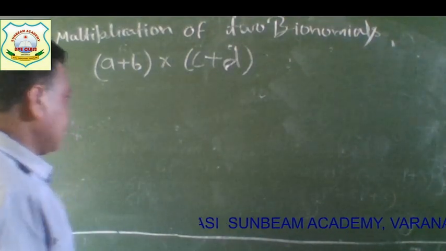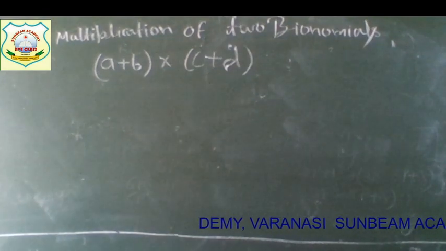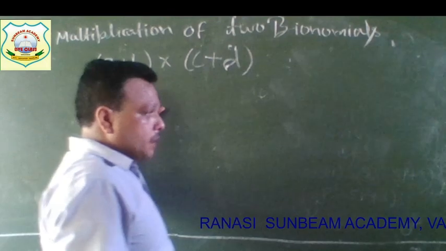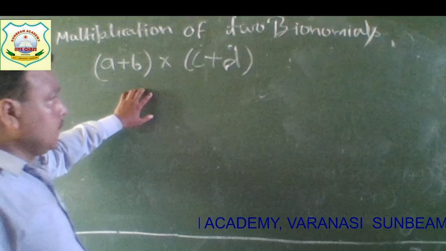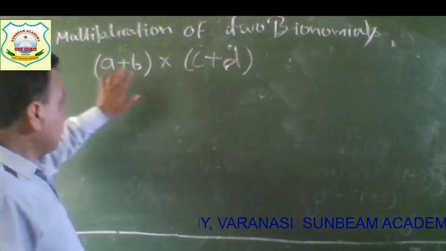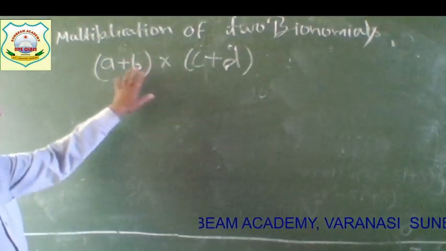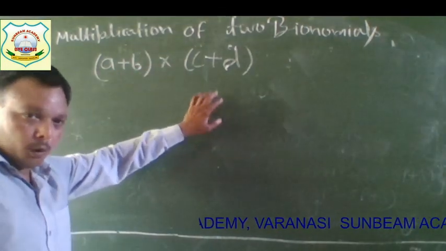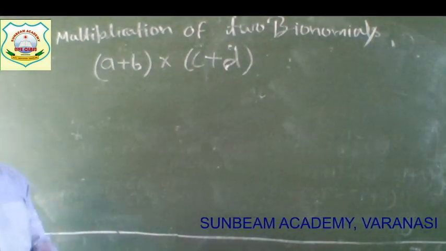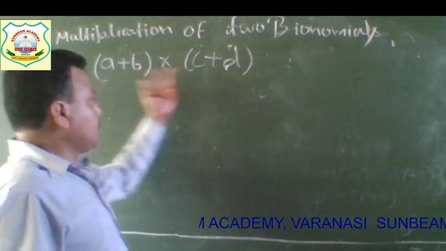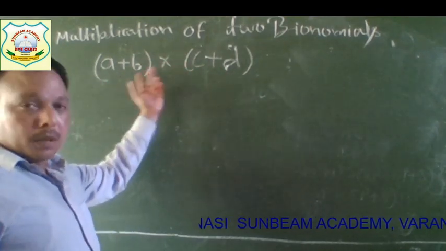How will we do it, students? I think such types of properties you are just now understanding, so we have to understand carefully. a plus b multiply c plus d. Clear? Either way we can write c plus d here and a plus b here. No problem. You know that 2 into 3 or 3 into 2, the answer is the same. So here also a plus b and c plus d, when you multiply either way, the answer will come the same.